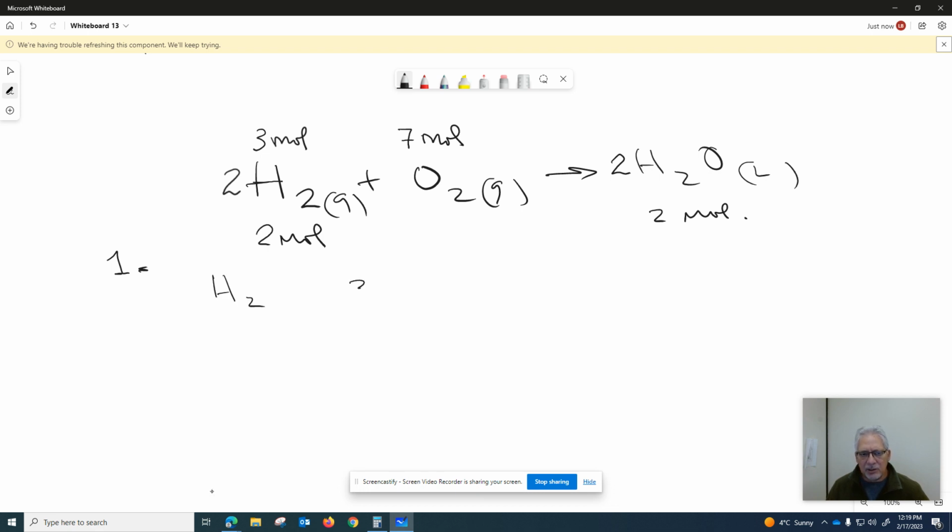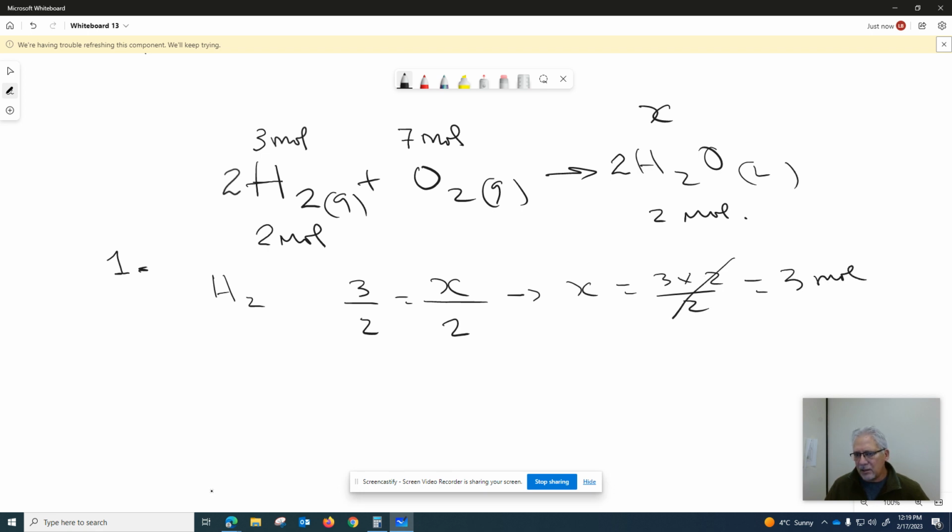So the proportion is 3 to 2, and I will call it X. I will find how many mole of water can be produced. X over 2. Solving for X, that will be 3 times 2 over 2, and cancel out, that will be 3. So we can get 3 mole of water when we put together 3 mole of hydrogen,